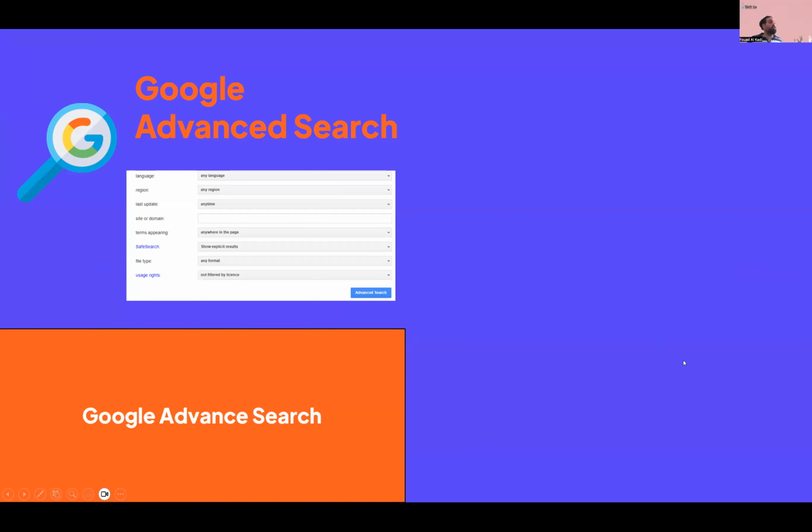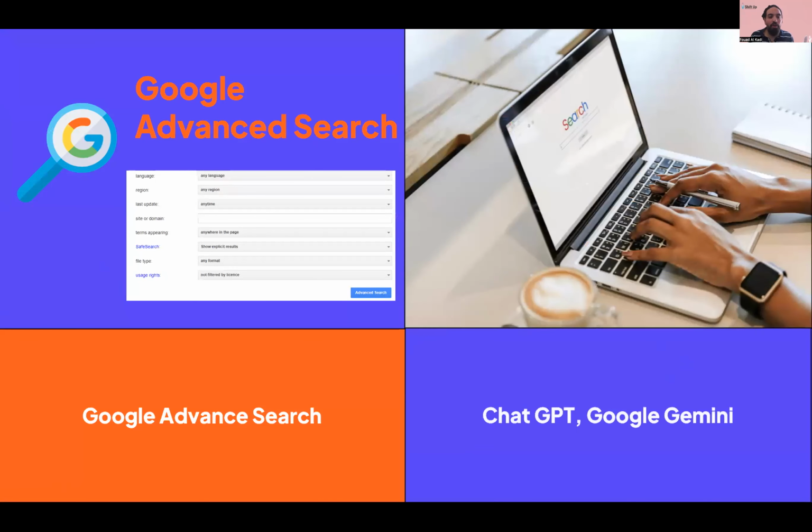So where to start online? First of all, you can use Google Advanced Search to look for your competitors. However, I would recommend ChatGPT and Google Gemini. You can show them what you do and what your idea is, and ask them to suggest competitors. They know what's online, and they can bring you a great list. And we already shared the link on how to use Gemini in the WhatsApp group.